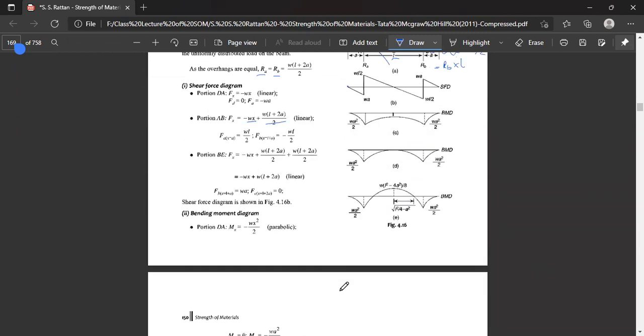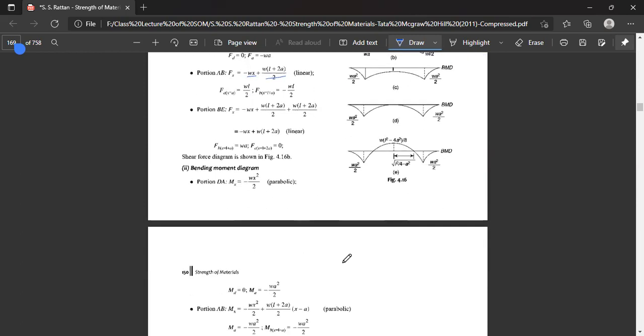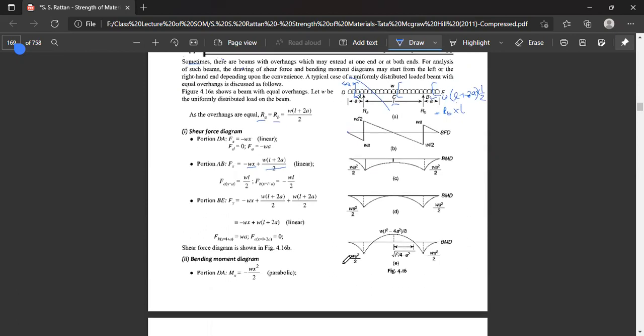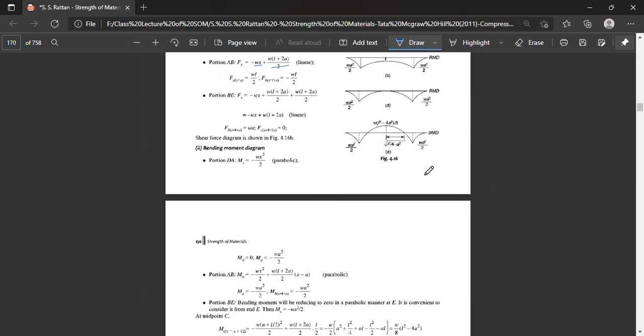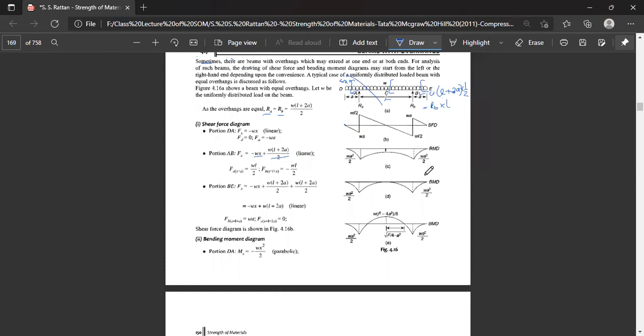First of all, the portion from D to A. The bending moment from D to A, where only one load is acting, that is Wx at a distance x from the end D. So if we take the moment,